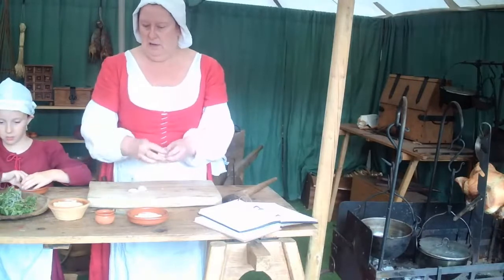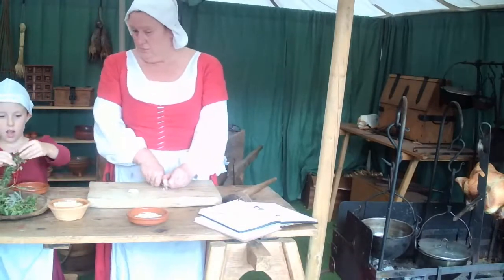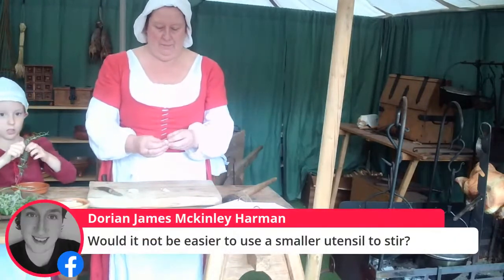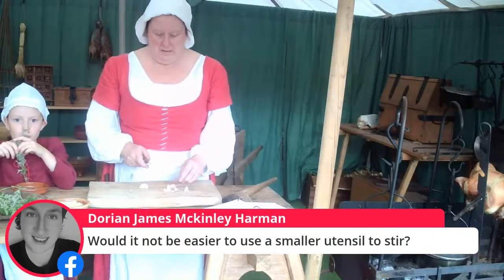That's not what I thought. This isn't. We have got garlic in our garden that we are growing. I'll put the green one. But it's not ready yet. No. Would it not be easier to use this